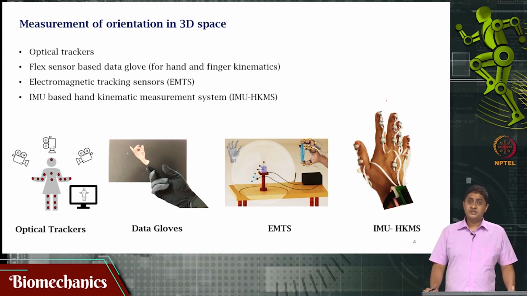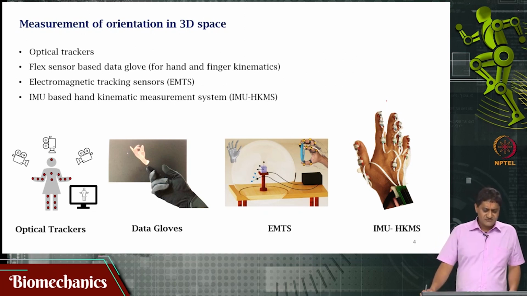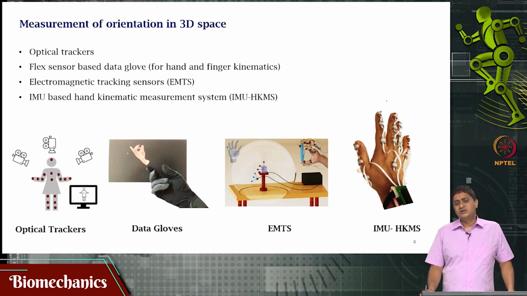One gold standard method of measuring joint angles or orientation is by using optical trackers. Okay. Before we get started with our discussion on optical trackers, I thought I will spend a few minutes discussing how you can measure body orientation using a regular web camera,